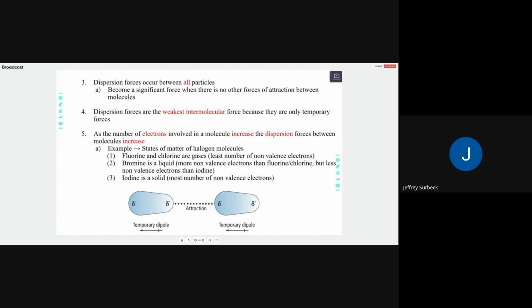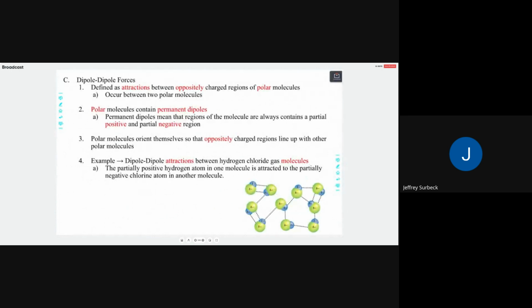All right, so here we go with our second of 3 intermolecular forces that we're going to talk about. Our second force is the dipole-dipole force. Now, again, we just talked about a dipole. A dipole is charged, plus or minus. In a dipole-dipole force or a dipole-dipole interaction, we have to have this key thing under number 2, a polar